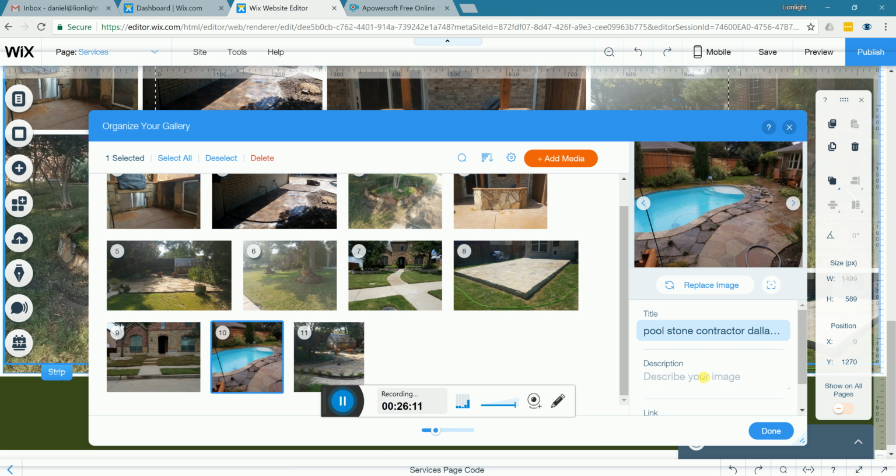Okay, so we're going to describe this image. We'll call this beautiful pool with